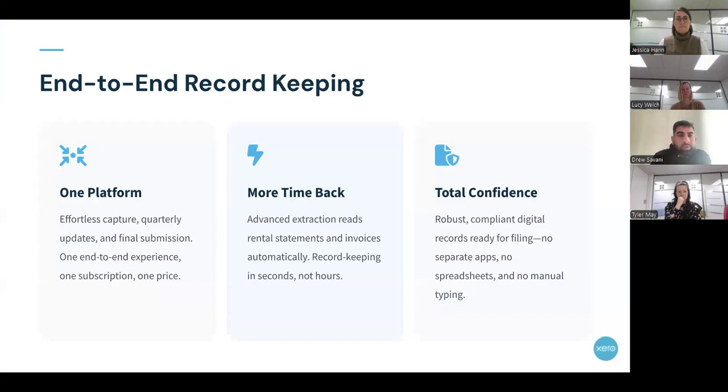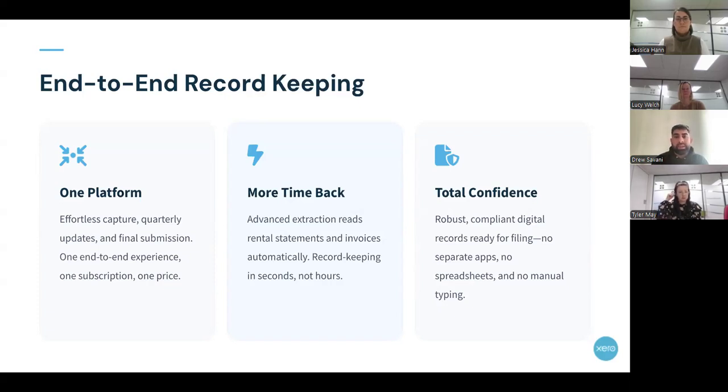As I mentioned, it's one platform, so it's all done on the Xero app. It's super easy to just capture that document. You simply open up the app, click on the Xero Files button, and take a picture of the receipt. There's no additional cost to use it. It does come included as part of the Xero package. And like I said, it will then start to use AI to check the validity of the information and make sure everything's being captured in the correct place.